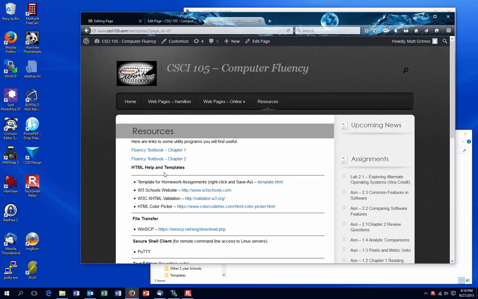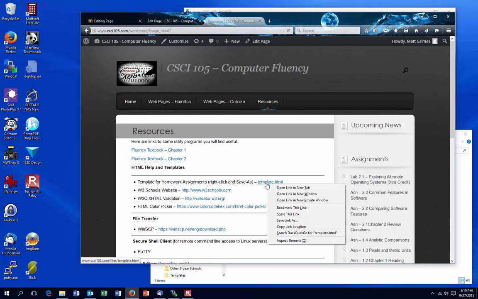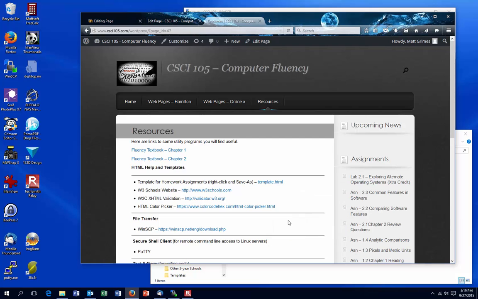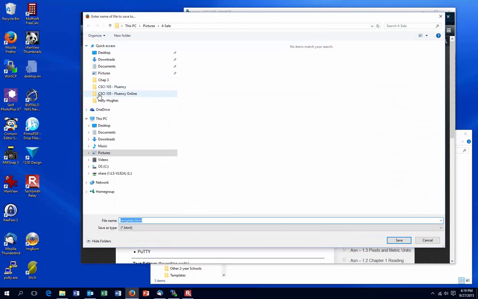At the top part you'll see here HTML help and template files. There are some links to the HTML tutorial sites and reference sites like w3schools.com as well as the validator here. The file we're interested in right now is here, template.html. Note that if you just click on that, you'll get a blank screen. What you need to do is right click and save the link as, and we'll navigate to